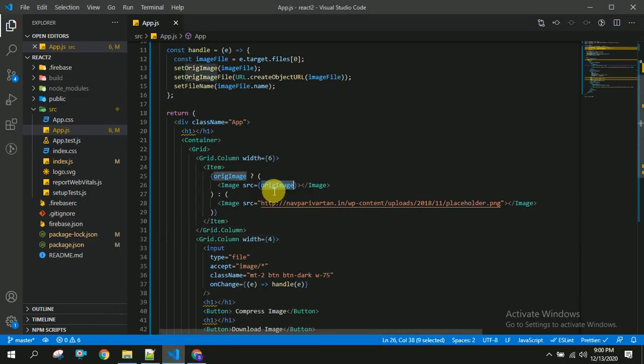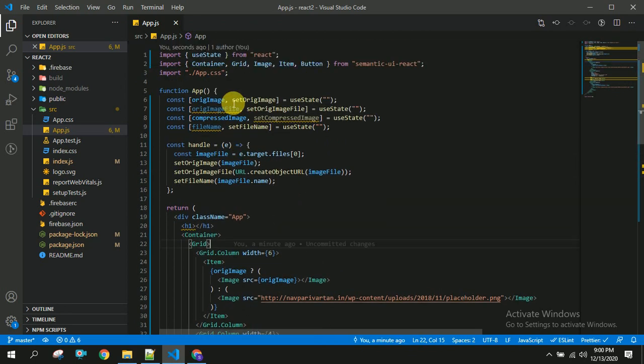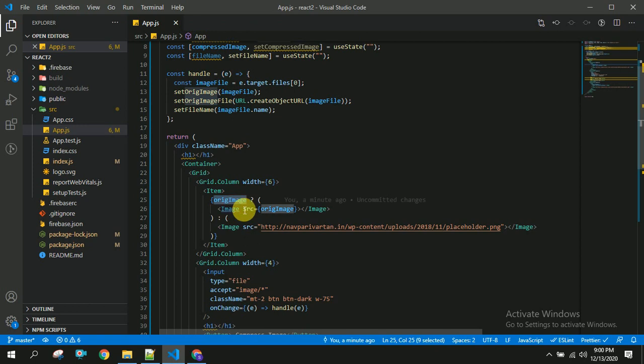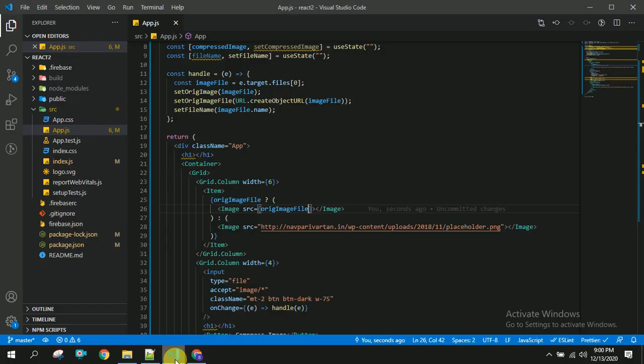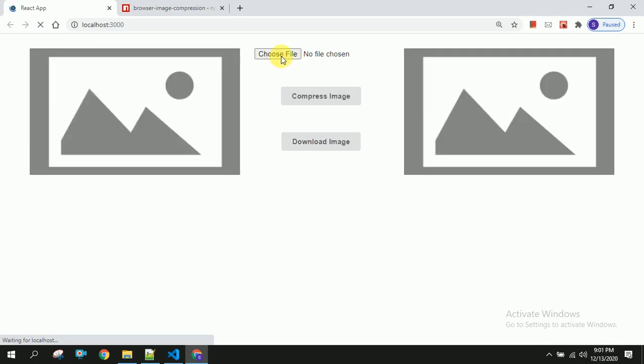We have given original image, so we should not give this original image, we have to give the original image file here. So I am going to place this and save this. Let's refresh this and check whether it's working or not now. After this I am going to click on choose file.